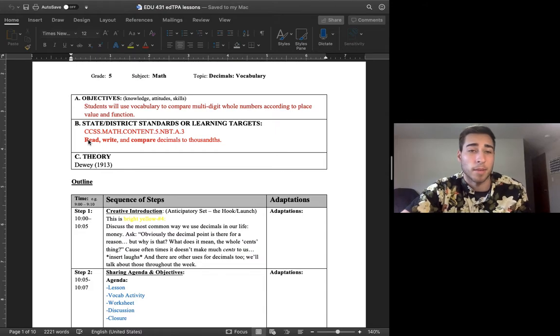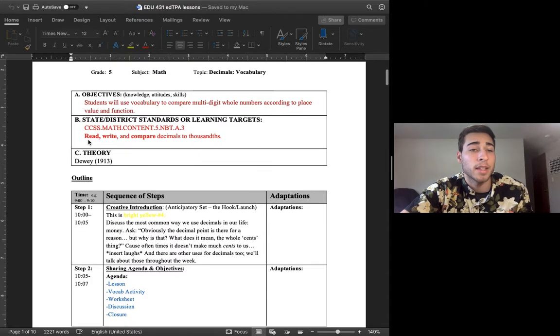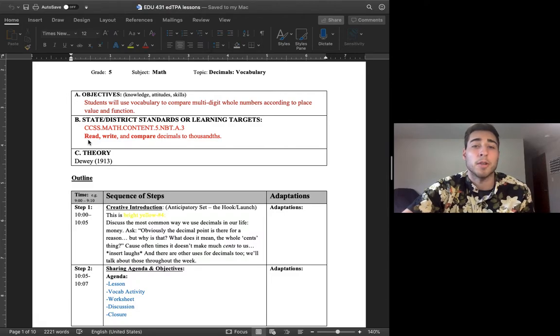Still gets me sometimes. And then just the theory of Dewey, which is what he talks about in education: you learn best by doing. So we're just going to jump in using vocabulary terms to better understand decimals. And this is just a first lesson overview, getting students accustomed to using the terminology and accustomed to